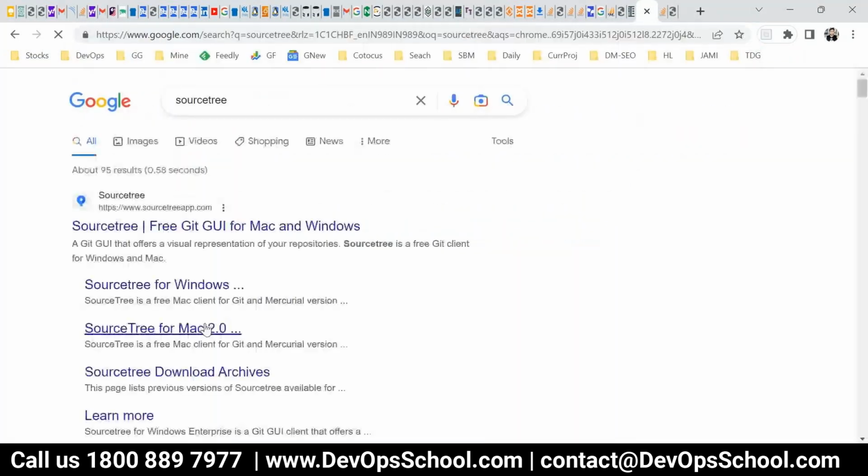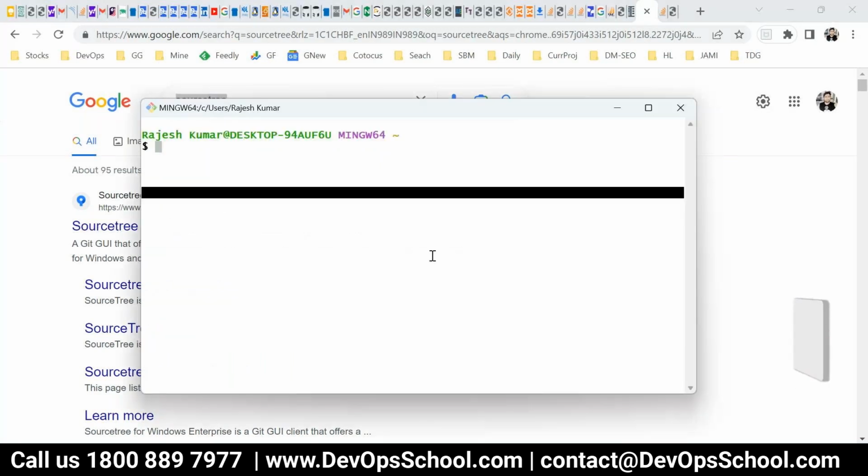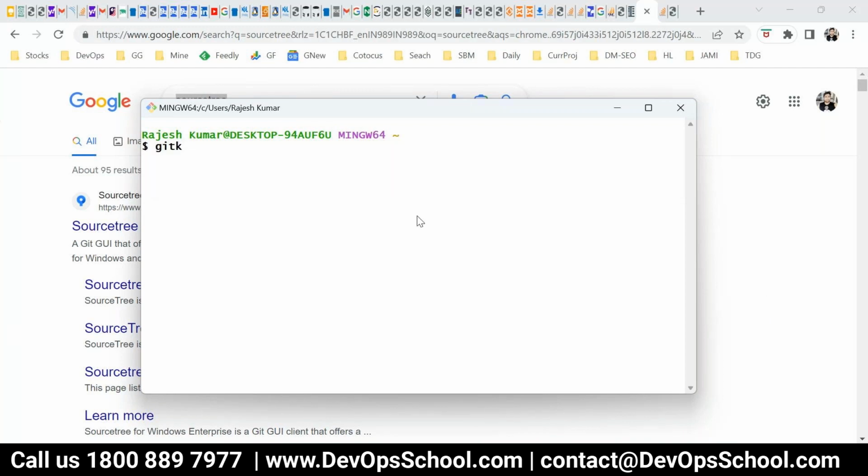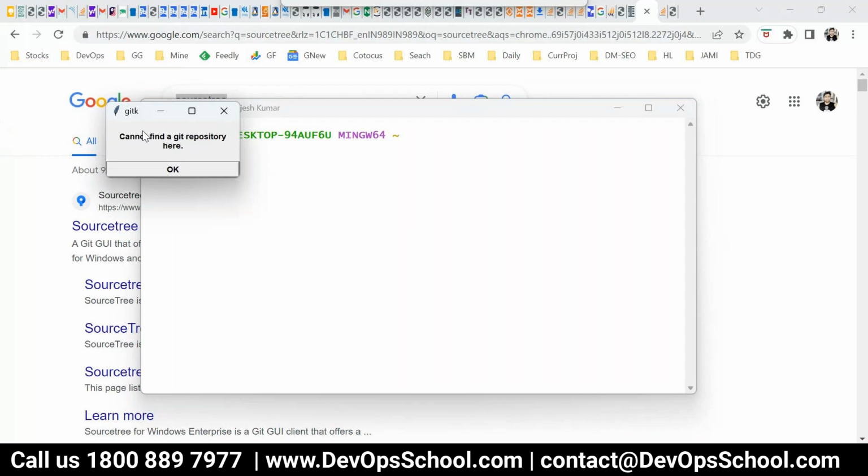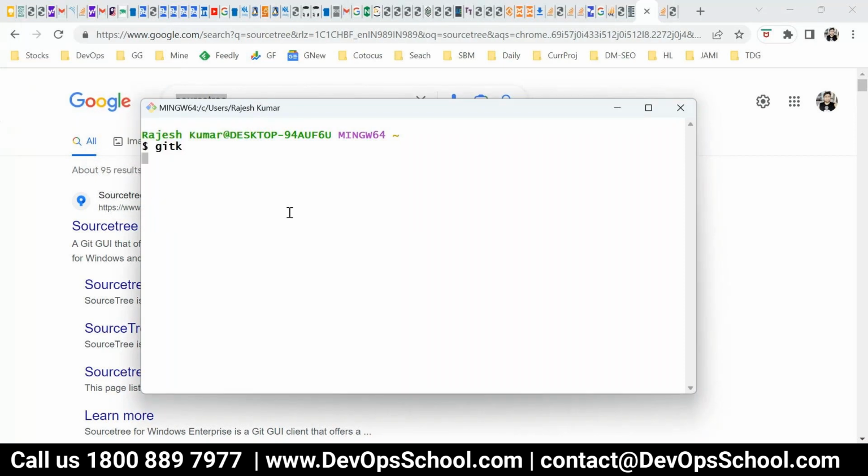Also, Git itself has a UI version. If you open that, you can see that we have the UI also. Not exactly, probably you're talking about Gitk. So it's Git, not a UI. Yeah, this is a type of utility of UI only. You can open the Git UI. Whatever you are doing in the command line, you can do using the Git UI.